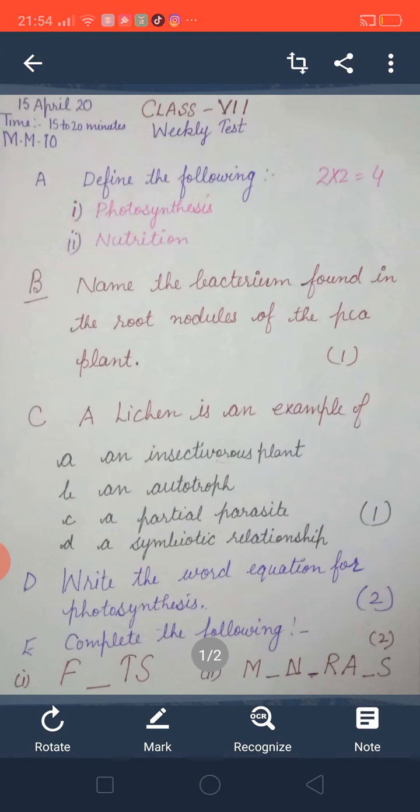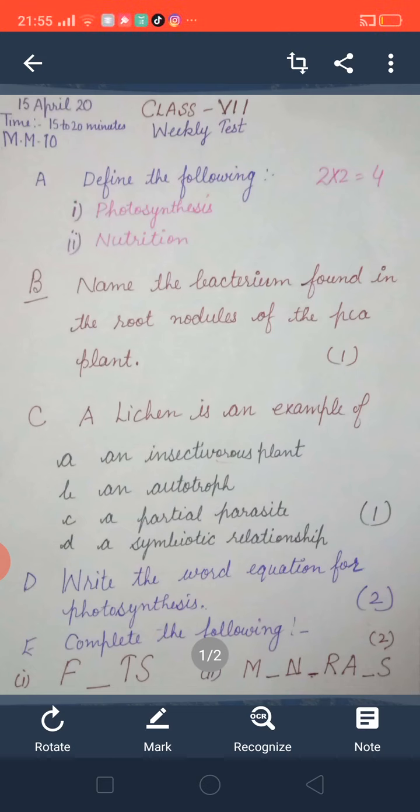Next question, part C. Lichen is an example of symbiotic relationship. What do you mean by symbiotic relationship? In the symbiotic relationship, both have a mutual relationship. Plants that live in a mutual relationship with other organisms such that both share nutrients and other resources are called symbiotic plants. And in the symbiotic relationship,